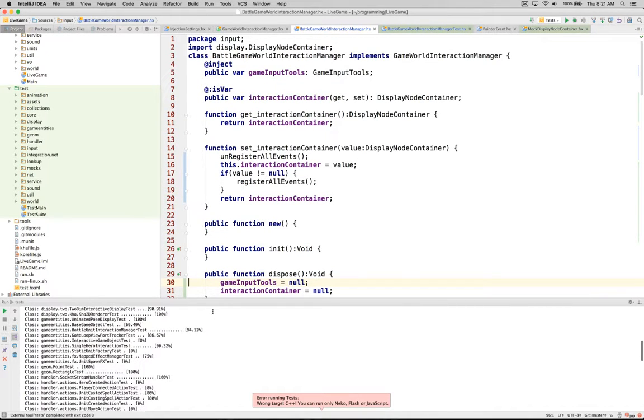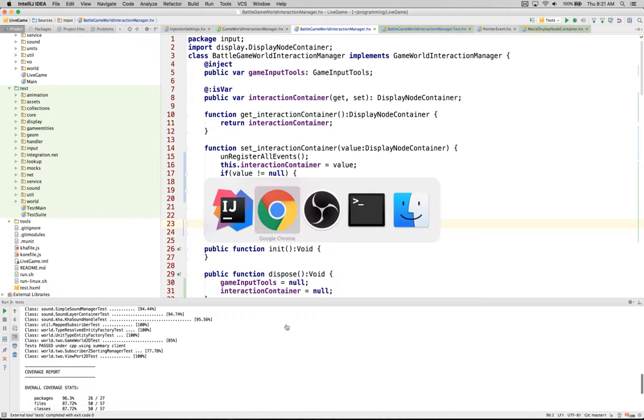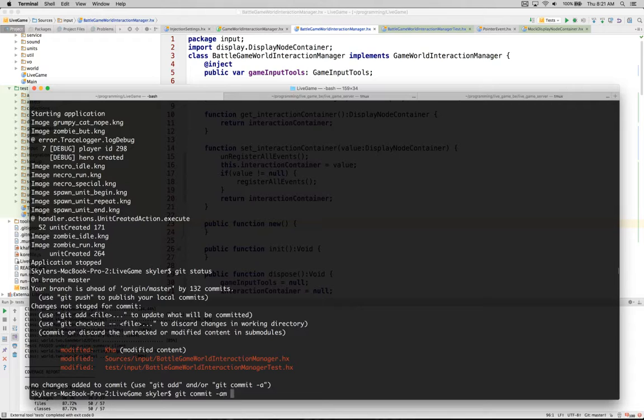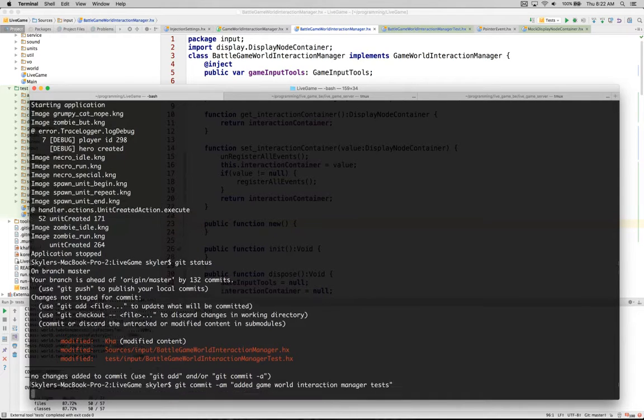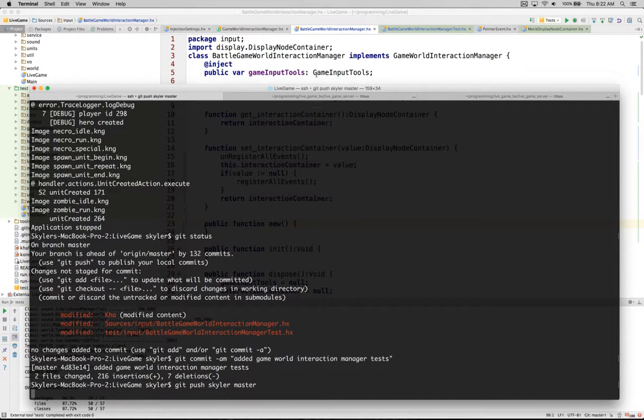So let's do input, battle, game world, interaction manager test is 100% covered. Cool, all right, so making sure our test coverage is still looking good. Status, git commit, added game world interaction manager tests, git push Skylar master, and